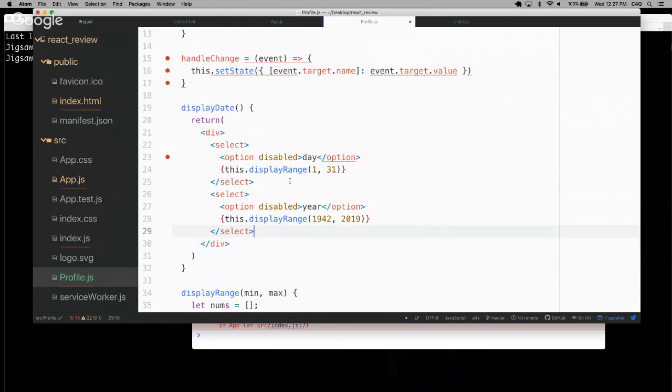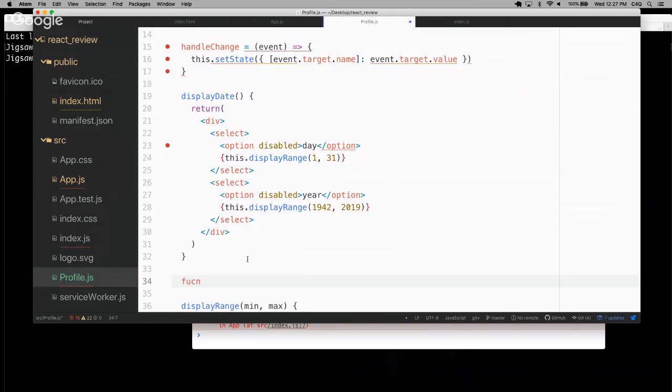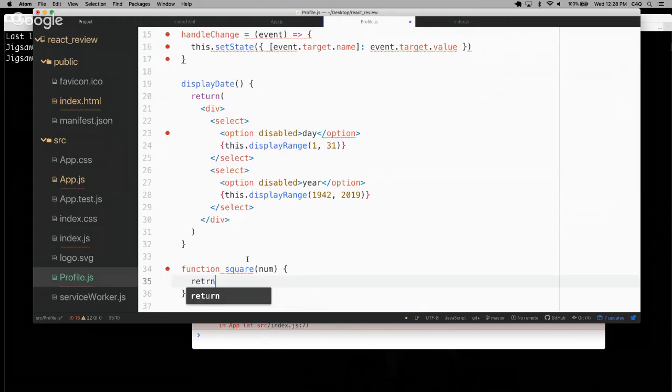Can you say that one more time? Yeah, it's a function that's calling another function. So when we used to have, like, a square and a double function, and then we wrote a function called doubleSquare that took an input, we would just call square from that function. Here, I'll quickly write it. We used to write functions like function square, it took in a num, return num times num,